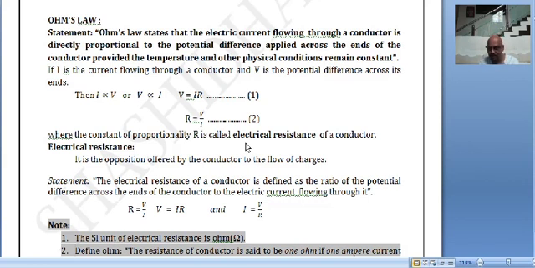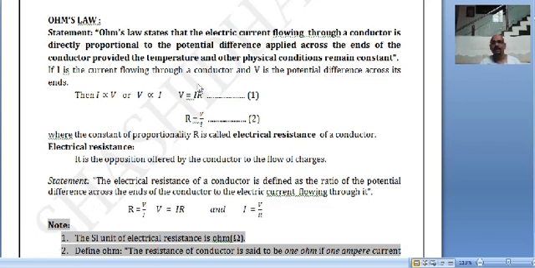That is the reason in Ohm's law, what do we say? Ohm's law holds when temperature and other physical conditions are constant. That means R is a constant only when temperature is constant and other physical conditions like length and cross-sectional area are constant. So therefore, R is called resistance, that is the proportionality constant. The name given to that proportionality constant is resistance of a conductor. So it is the opposition offered by the conductor to the flow of charges, remember the statement.